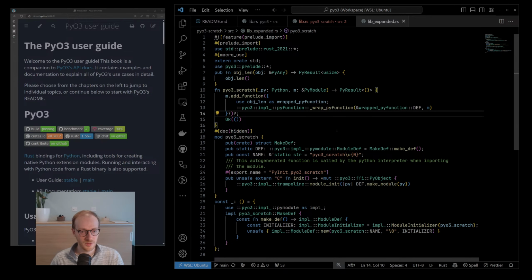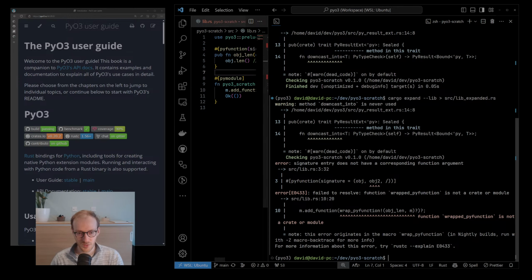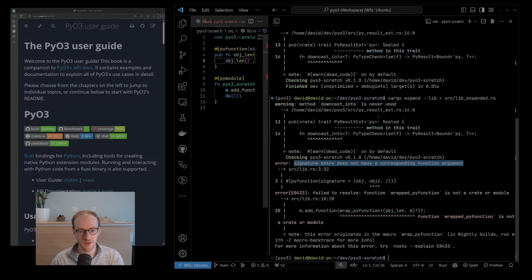Okay, no, cargo expand hasn't liked it. But what's going on there when we're getting this error message, signature entry does not have a corresponding function argument. That's because we're trying to specify the Python signature here, and there's only one argument actually allowed by this function, but we wrote two in here. So the point I'm trying to make is that PyO3 has used that compile error macro, which we just showed,